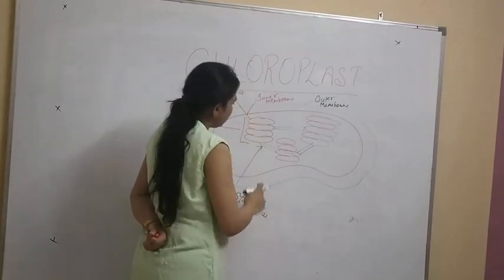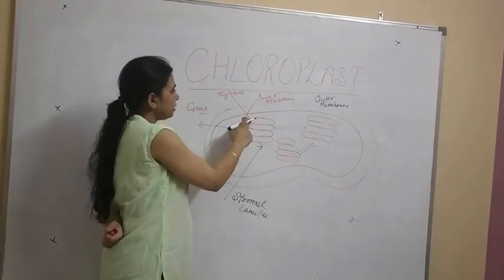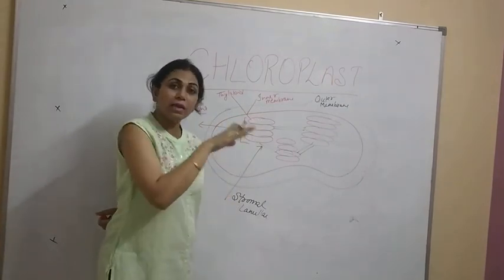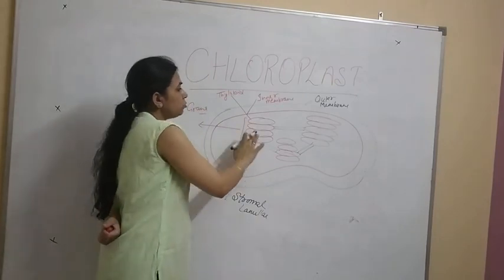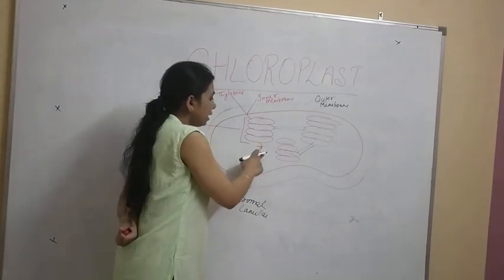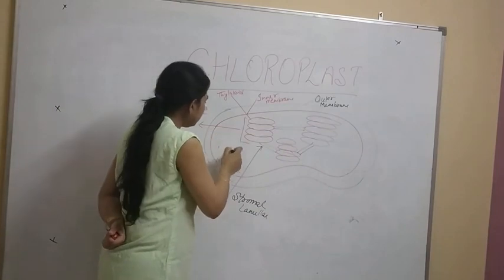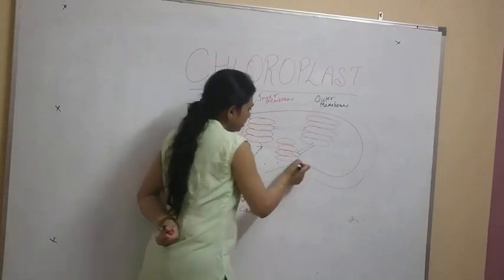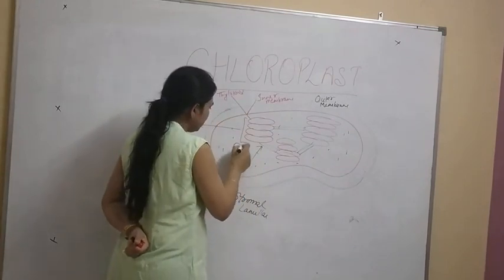Right? This is the stromal lamellae. So this is the thylakoid, and when thylakoids are placed one above the another, we call them grana. And 2 or 3 grana are interconnected with the help of another lamellae, which is part of the stromal lamellae. And this is the matrix, and in this matrix there is present DNA,